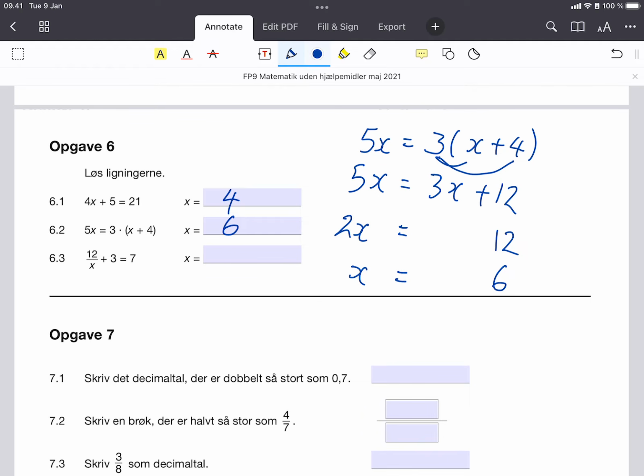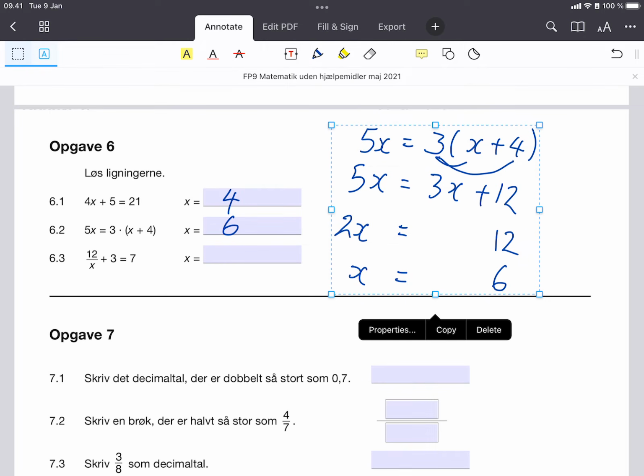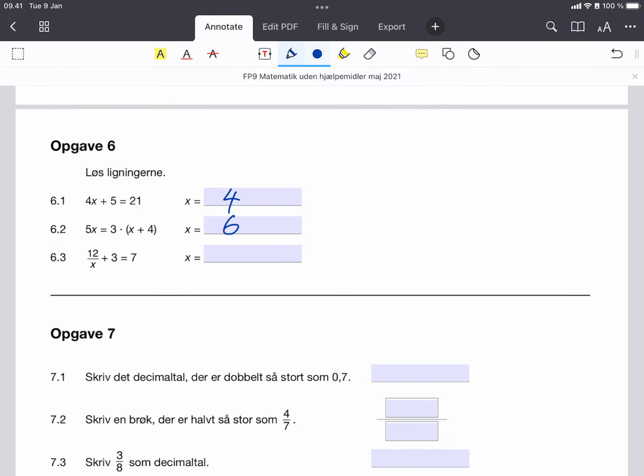Okay, let's do the next one. Delete all that. So